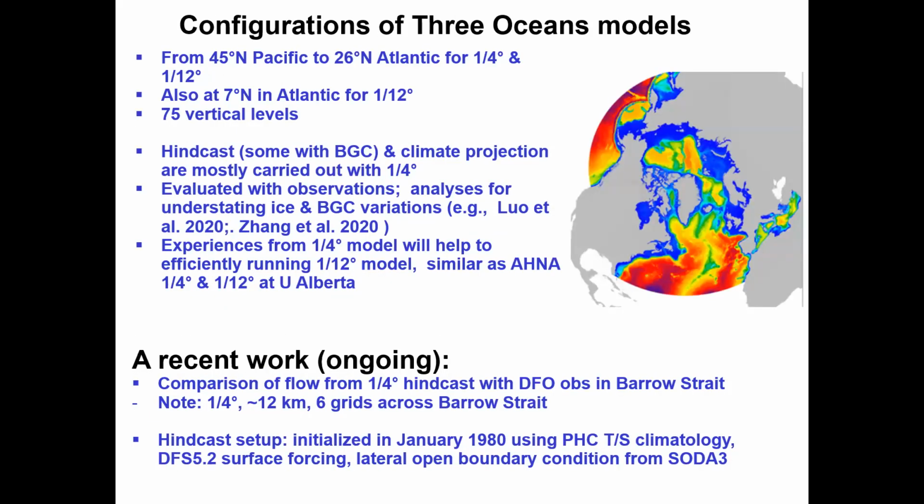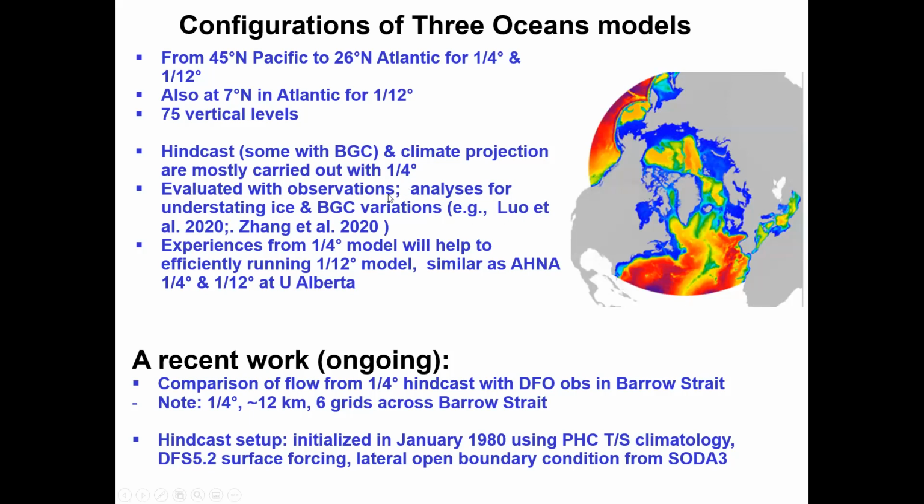And so this is the configuration for the three oceans. The Pacific is cut from 45 degrees north, and to the Arctic, and the North Atlantic at 26 degrees, for both the 1/4-degree and 1/12-degree versions. And we also tested a new version, moving the southern boundary in the Atlantic to 70 degrees north, and using vertically 75 levels. And so hindcast, and